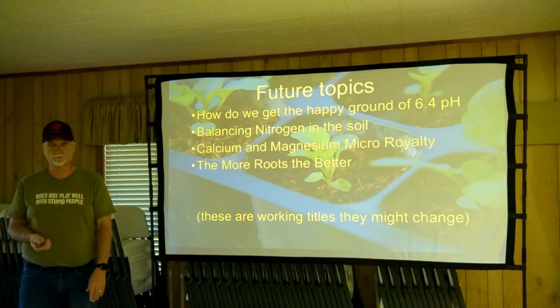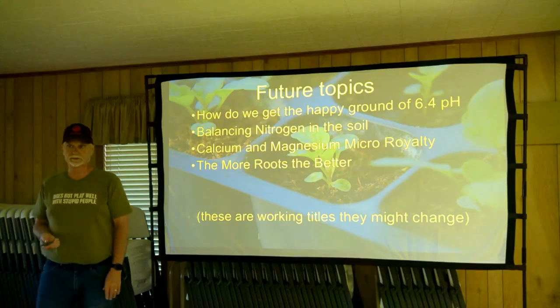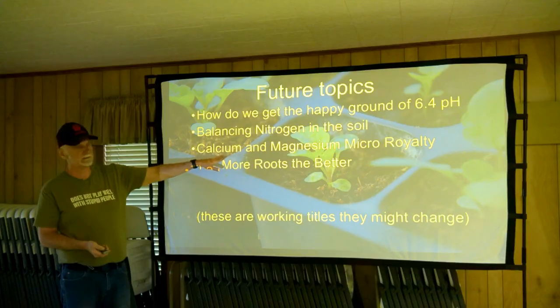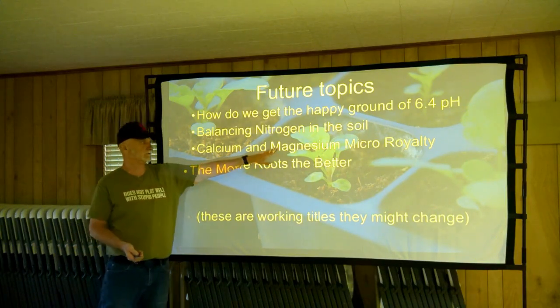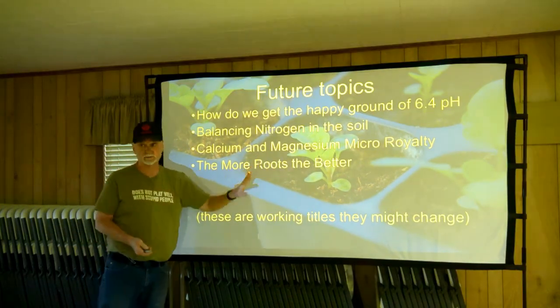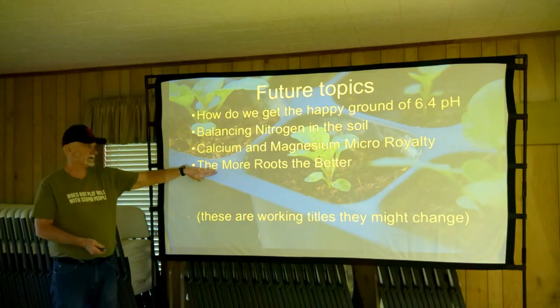Balancing nitrogen in the soil. Calcium and magnesium, these are macro minerals. In fact, this one right here, if it's not right, there's a whole chunk of things that go wrong. And then you need this one to help control this one. This is like mama and papa, okay? And then the more roots, the better. This one right here